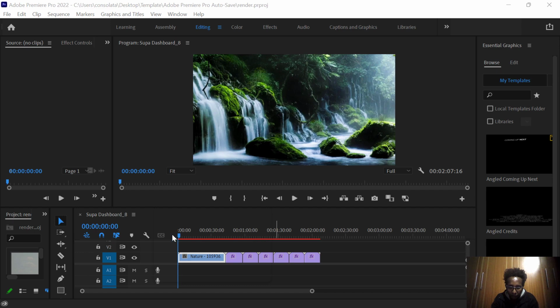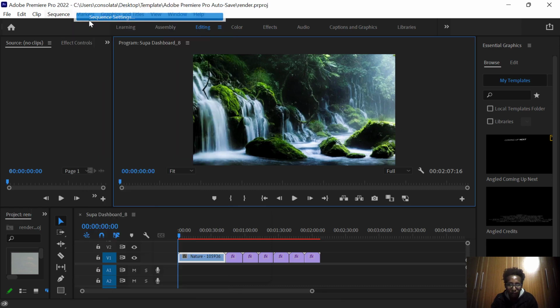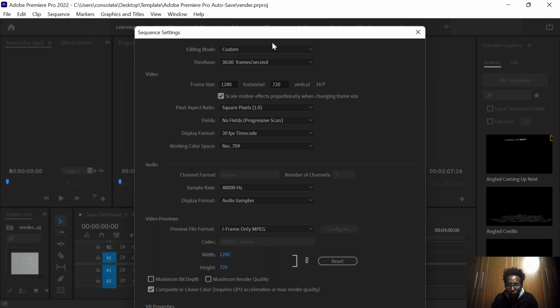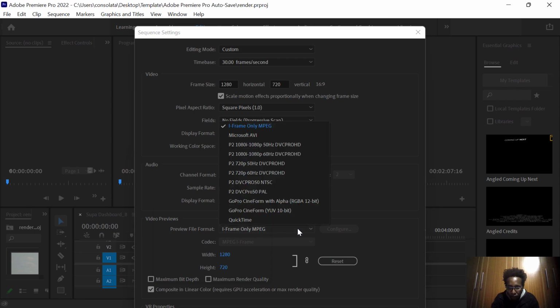So to do that, what I'll do is just select, then go to sequence settings. What we want to choose should be custom. Choose your frames per second, then the frame size you want. But the main thing is, by default, Adobe will have chosen the iframe only, the MPEG. So what you do is just select